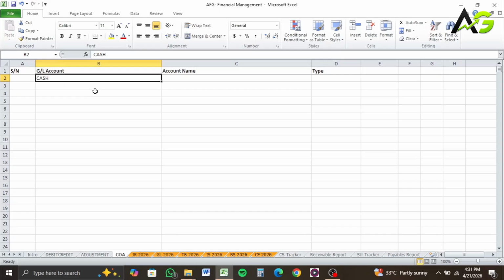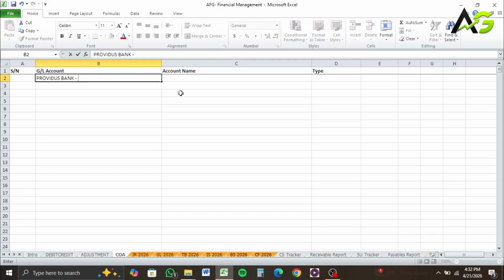But if it's in bank accounts, you cannot just write cash. You need to name the GL account with the beneficiary name, the bank name and so on, just to identify the particular bank account that the money is in. So let's not call this cash, let's call it a Providus account. So you say Providus Bank,